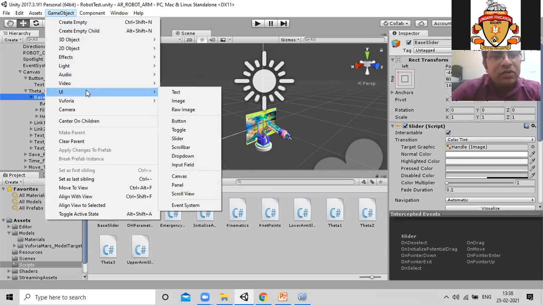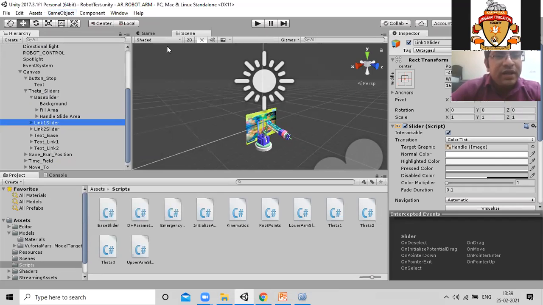UI means user interface. In UI, we have lots of options like text, image, button, slider, canvas. The canvas will be the thing where all the virtual buttons will be placed. By selecting those things, we can create those virtual buttons there.